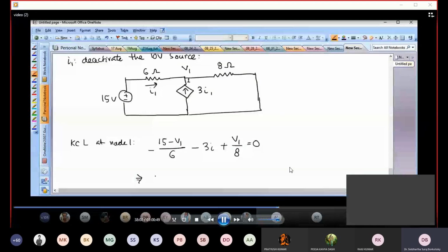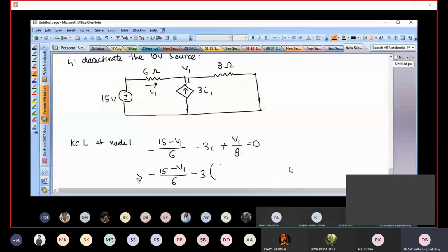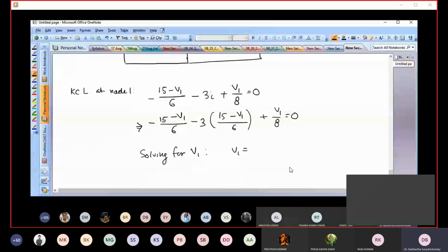So basically what you can do is 15 minus V1 by 6 minus 3I, which is nothing but 15 minus V1 by 6 again, plus V1 by 8 is 0. So you solve for V1. I'm just giving the final answer. V1 is equal to 240 by 19, which means that I1 is equal to